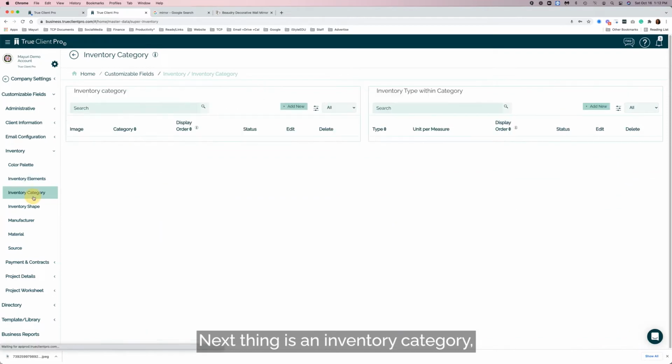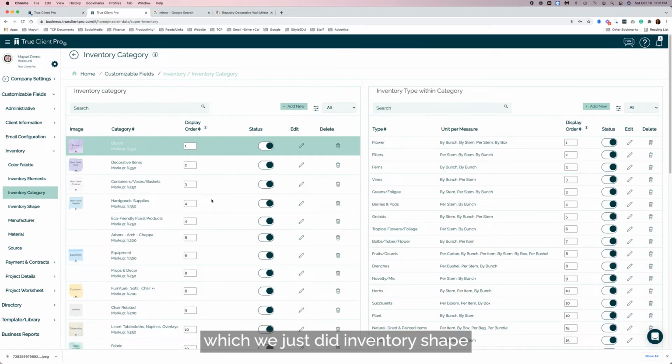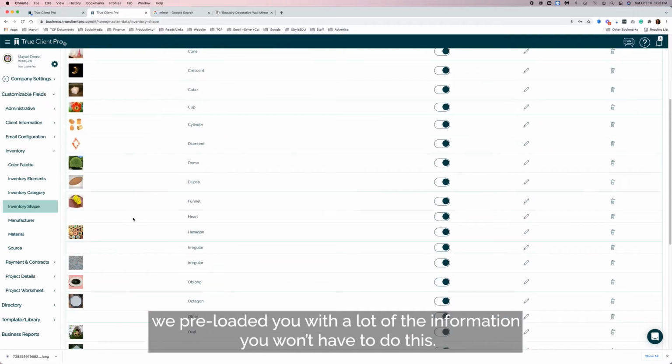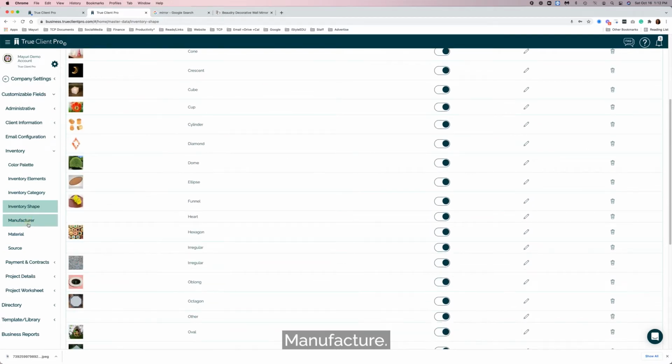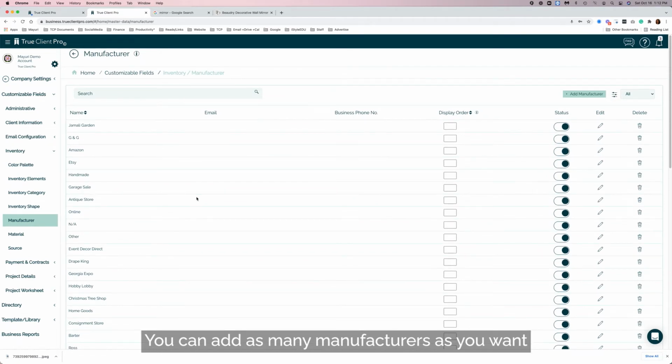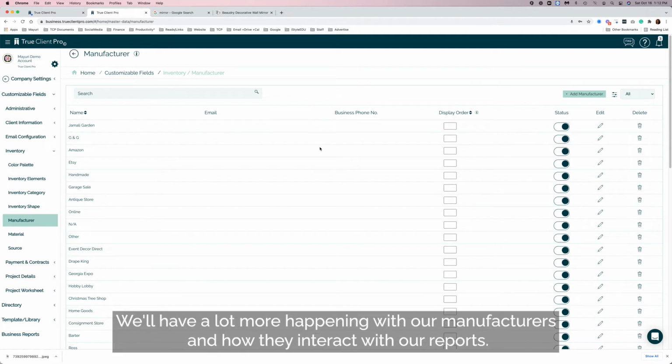Next thing is the inventory category, which we just did. Inventory shape, we've preloaded you with a lot of the information. You won't have to do this. Manufacturer, you can add as many manufacturers as you want. Add email, business phone number, and in future, we'll have a lot more happening with our manufacturers and how they